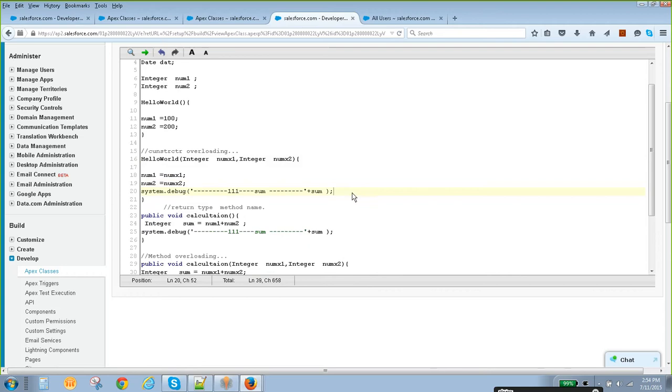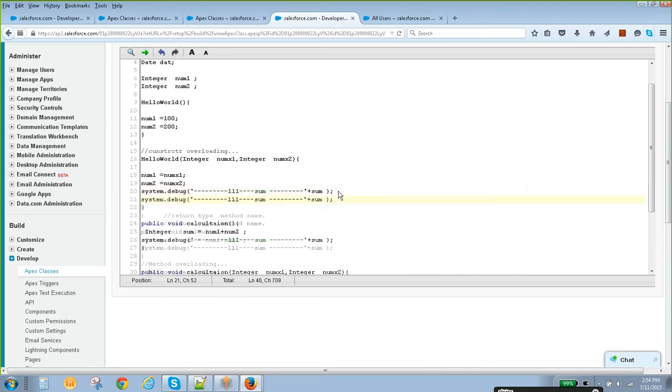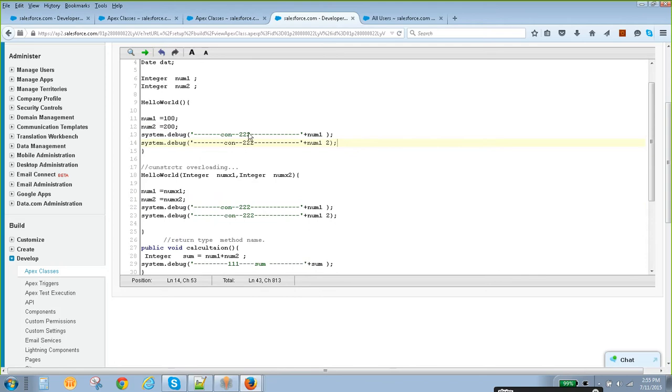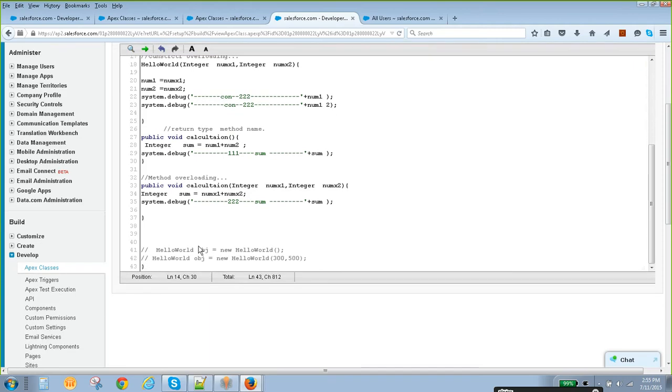Okay, so let's say, clear, right? Any question? Okay, so once you invoke this one, it is going to invoke the default constructor.